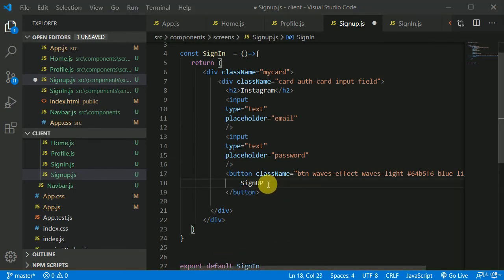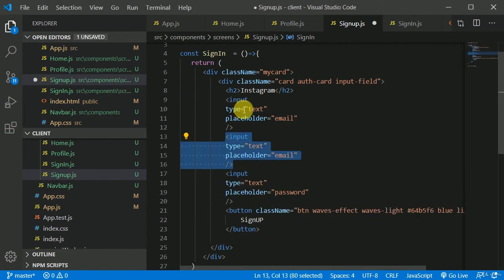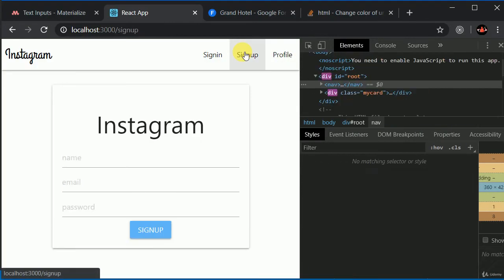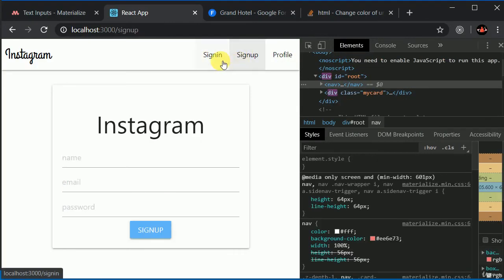And here we need one more field that is name, so I'll duplicate that, and in here instead of email I'll write name. Let's have a look at our sign up. Okay, it's beautiful. Sign in and sign up are looking beautiful, isn't it?